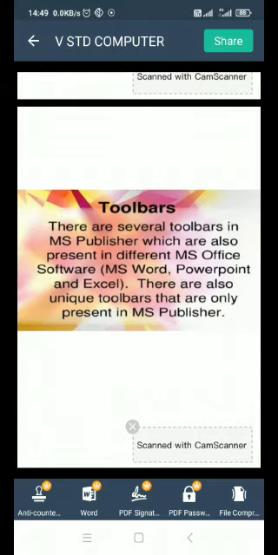Now I tell you first toolbars. There are several toolbars in MS Publisher which are also present in different MS Office software, MS Word, PowerPoint and Excel. There are also unique toolbars that are only present in MS Publisher.